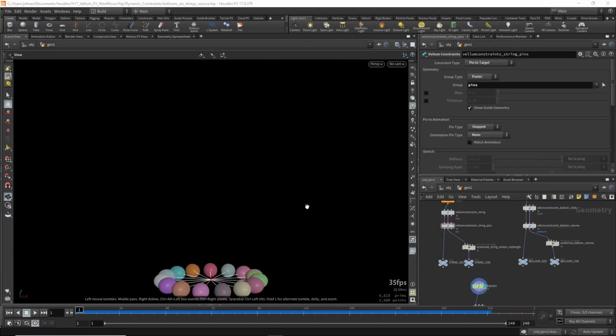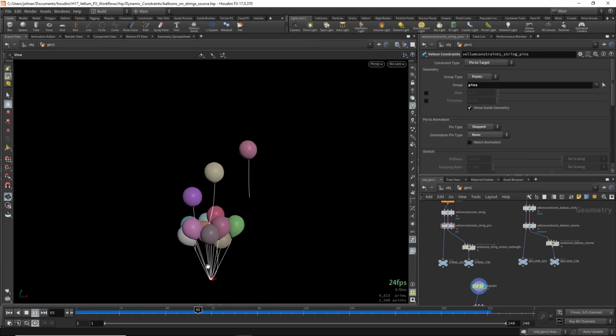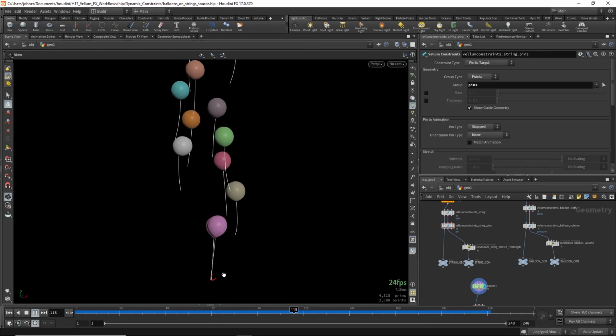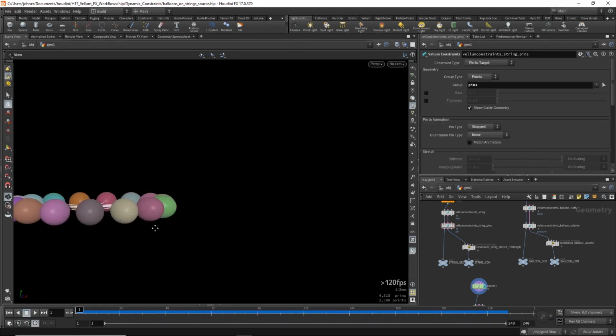So this file is an example of using vellum constraints to not really dynamically, but to constrain pieces of geometry that come from different vellum source DOPs. So just to look at this real quick, it's just a file where we've got these balloons that are attached to strings, and then over time they're pinned at the bottom, and then over time the pins release and they sort of float up into the air. So the way this setup works is